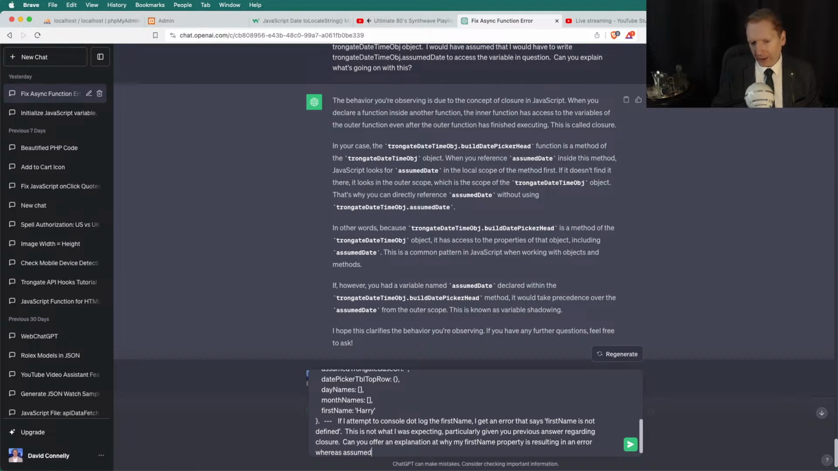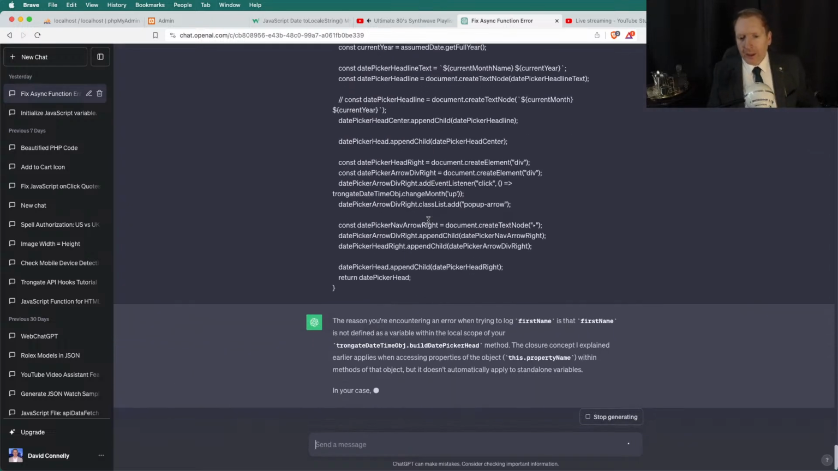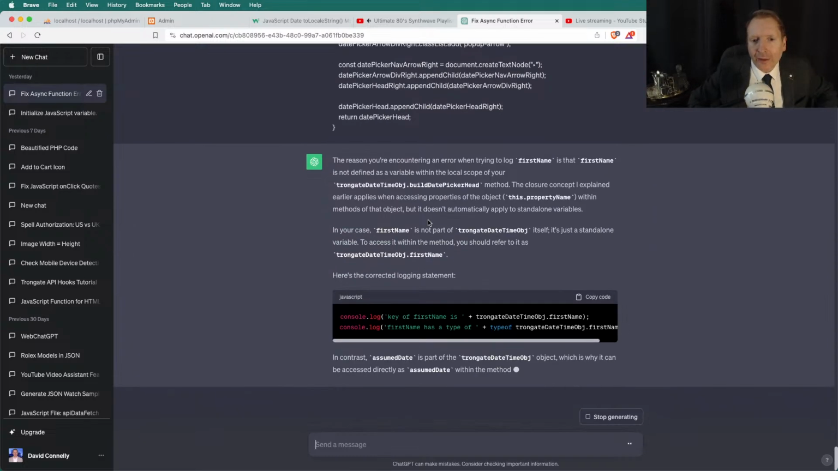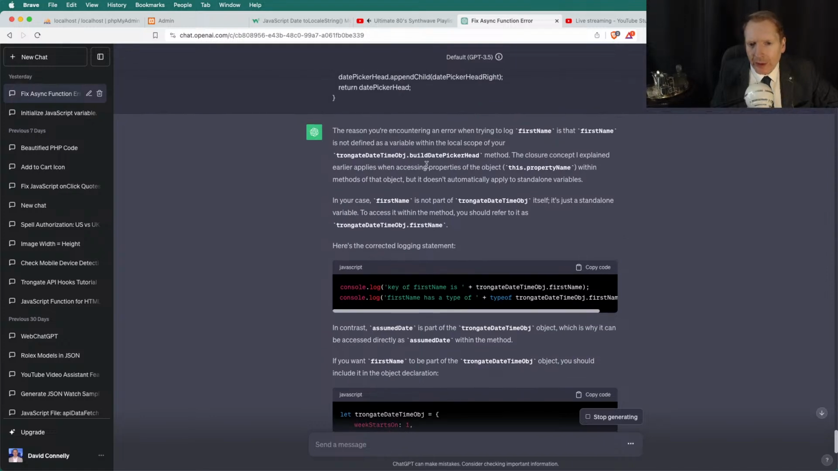whereas assumed date does not? Here's my code. Alright. The reason you're encountering an error is that the first name is not defined as a variable within the local scope of that. The closure concept I explained applies when accessing properties of the object within the method of that object, but it doesn't automatically apply to